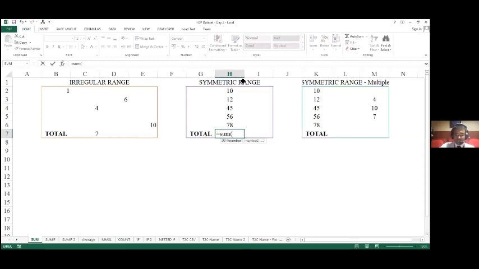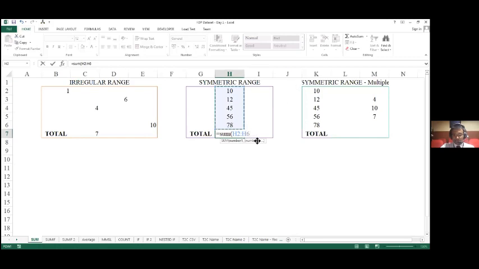Now since this is a symmetrical range, I need not select all the cells one by one. What I can do is, using the left button of my mouse and the control key, select the series like this.